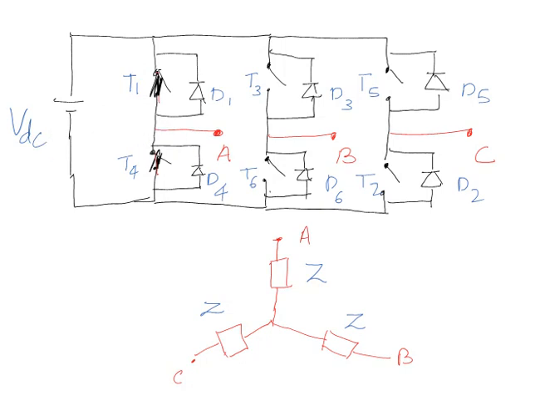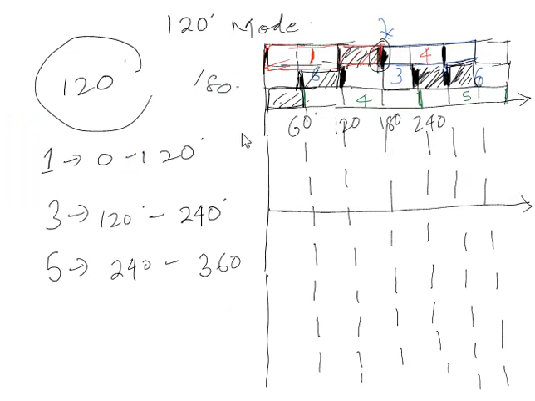So for removal of that problem, there is a 120-degree conduction with a gap. After 120 degrees there is a 60-degree period, and then again 120 degrees. After the 60 degrees there will be no conduction, so this is a no conduction zone. No SCR is going to conduct here. This is one of the advantages of 120-degree mode of conduction. It is called time delay. Delay time is injected, so for a 60-degree period, there will be no conduction in the devices.